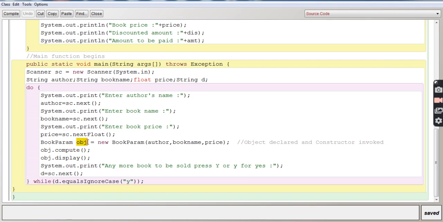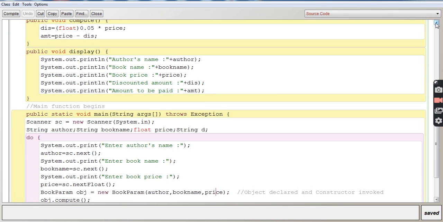You can see the object getting declared over here, and the parameters are also here within the bracket. So these are the parameters here within the bracket, so that's why it is called a parameterized constructor. Once you have entered all the details of the book, two things happen over here. Number one, the object is declared, and the constructor gets invoked, and it will try to search for where the constructor has been defined.